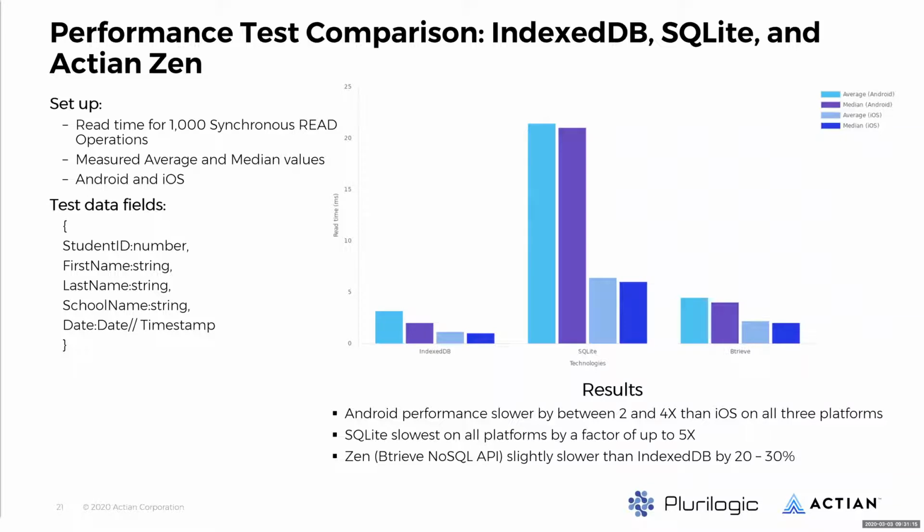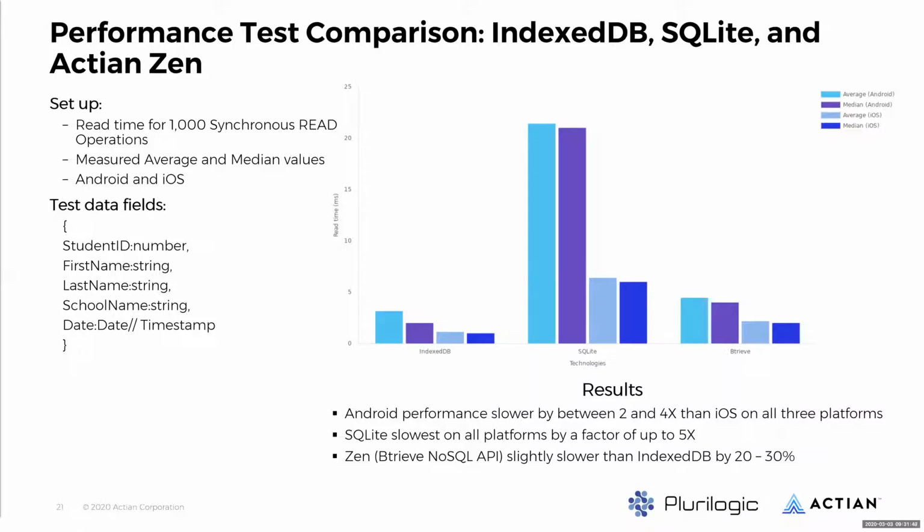We did a little benchmark using a small data set, which is a subset of our full student records. As you see here, it was a student ID, the first name, last name, the school name, and the date stamp. We had 1,000 records that were read synchronously, and we only measured the median and average values for Android and iOS only. As you can see in the graph,